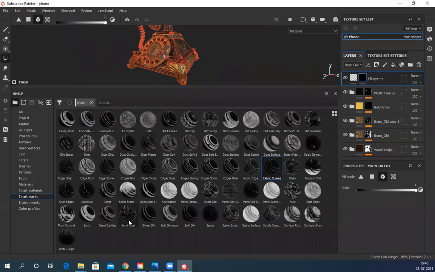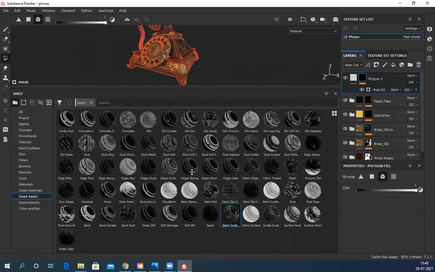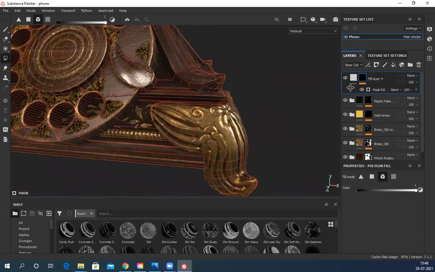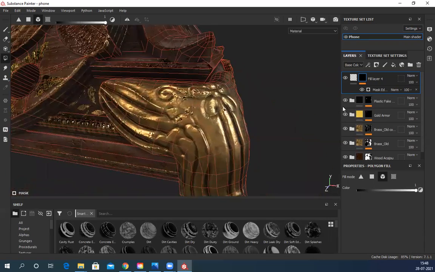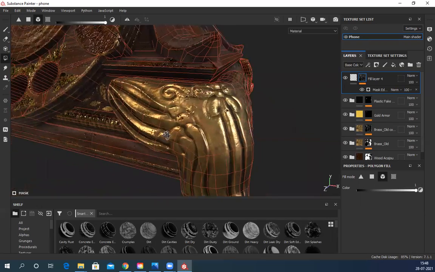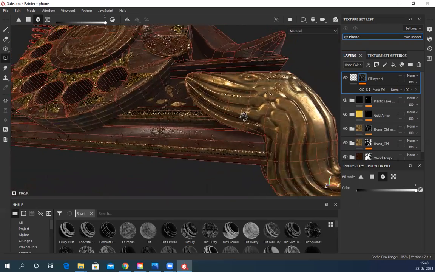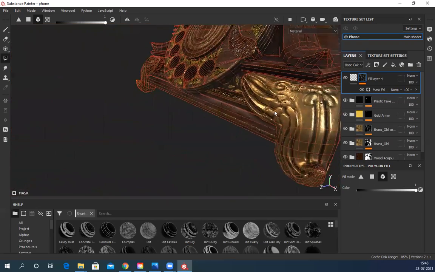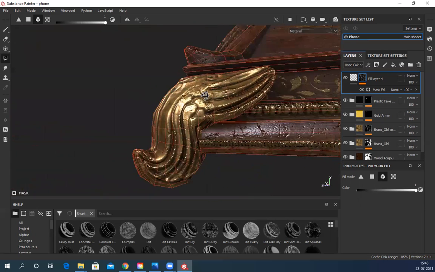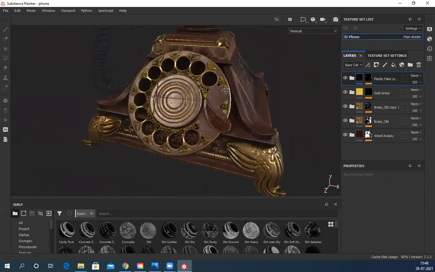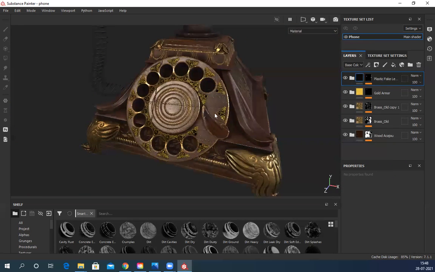So you can see the scratches, just drag and drop it here. It will generate the scratches, and I'll just remove all this wooden part from this. But I think I didn't like it. This looks much nicer. I'll keep it like this. Maybe I can make it a little more shiny.